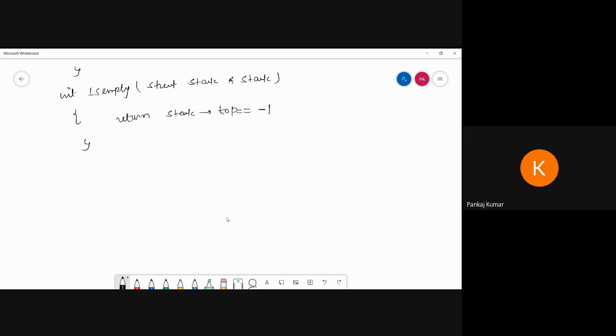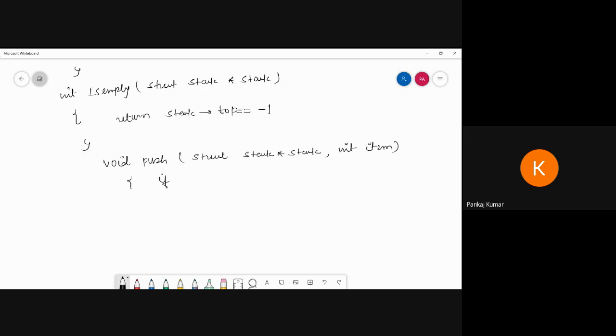So I'm going to write a push function. Void push, and inside that, what do we have to pass? Struct stack pointer stack and int item. What is the item? Whatever element we want to push, we put in item.